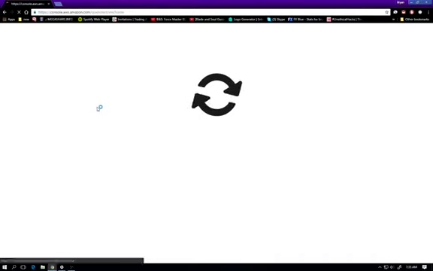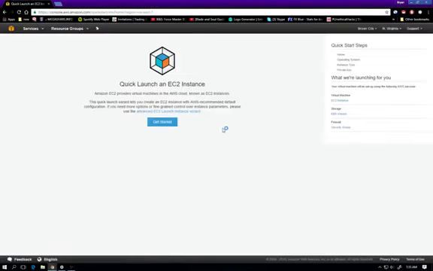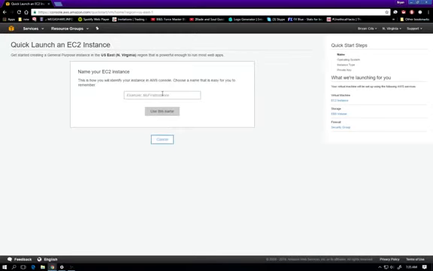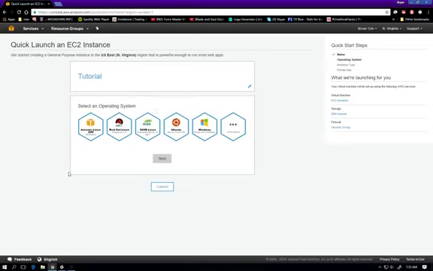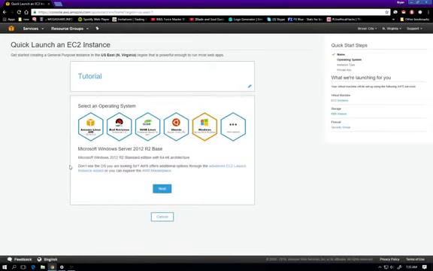Next, we're going to launch a virtual machine with EC2. Just ignore the rest and go ahead and get started. This is the first time we've done it, so we're just going to do the tutorial. Use this name. We're going to do Windows, Server 2012 R2 Base. It's 64-bit, but unfortunately MT4 is 32-bit, so that's not going to matter too much. And again, guys, if you have questions during this, just let me know. I'm going to hit next.